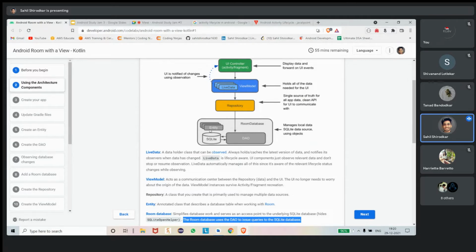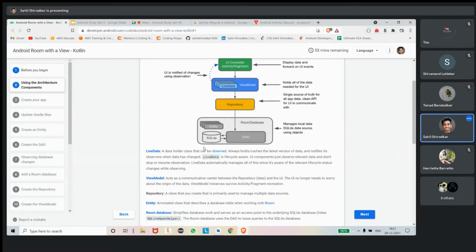How we usually make a table in SQL, where we have different columns and we store different data. We make some primary key, some foreign key. Same thing works in entity. It works the same as a table. It is an annotated class that describes a database table when working with room. Yeah, so you can just consider entity as a table.